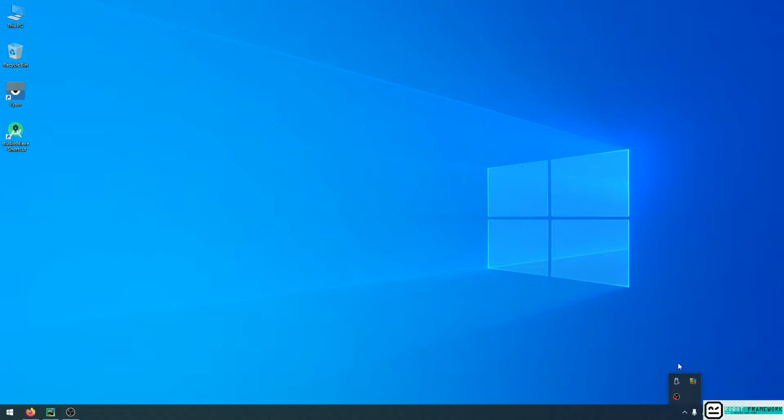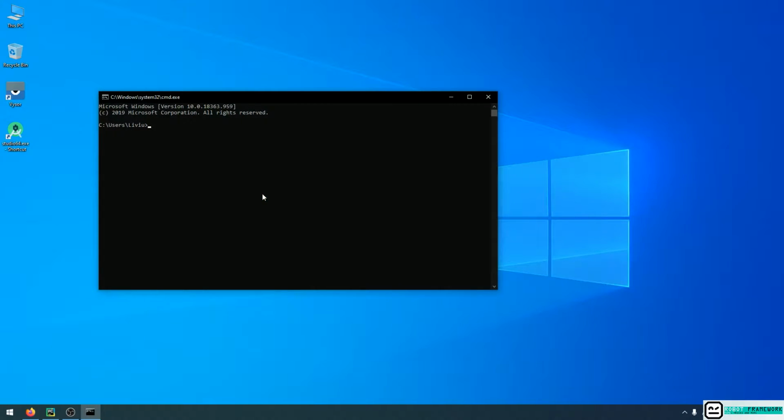Let me first demonstrate how to check your physical device. I have a mobile phone with Android. I will connect it to my PC. And in order to check if the phone was correctly connected and I have all the drivers installed, I can open up a terminal. And here,